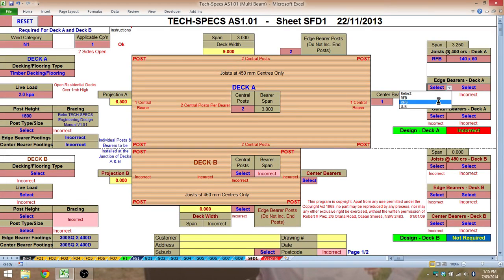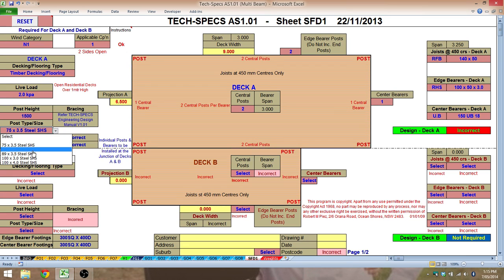Our edge bearer, we'll use an RHS for this instance. We only need a 100 by 50 by 3. And for our centre bearers, we have roll form beam, RHS or universal beams. So you'll see we'd only need a UB, a 150 UB 18. Select our post size. See, we need a 75 by 3.5 steel. The one that's missing in here is an 89 by 2 mil steel, which obviously is not quite as strong as the 3.5. And like all the rest,